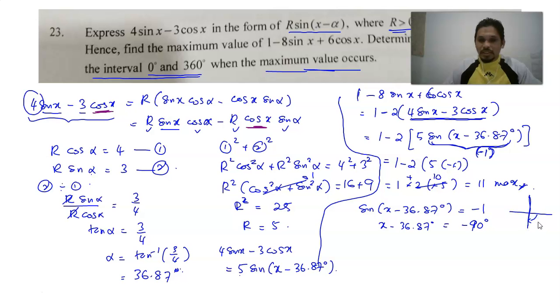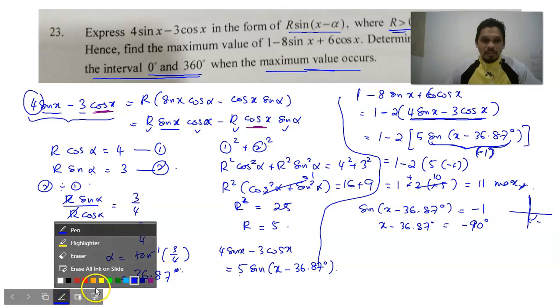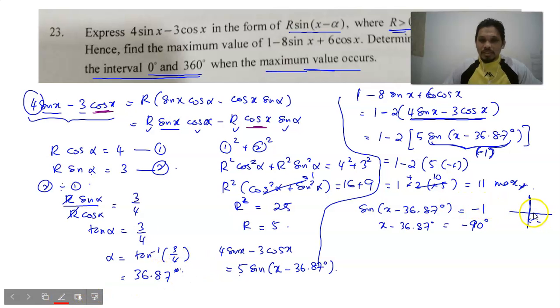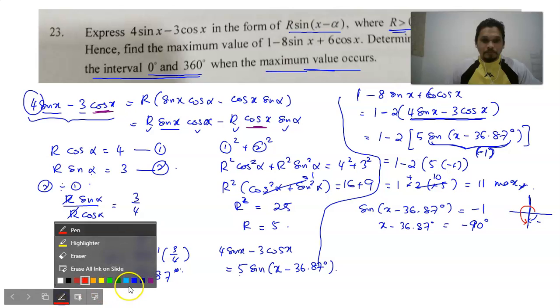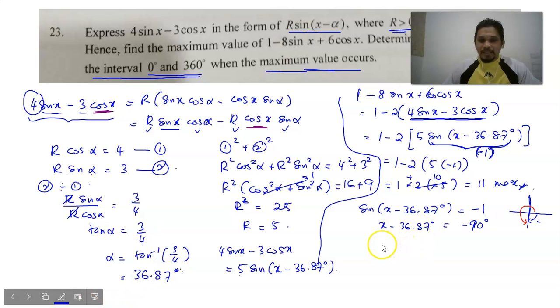But because the interval is from 0 up to 360, we take the anti-clockwise direction of the angle. So it means that x minus 36.87 degrees equals